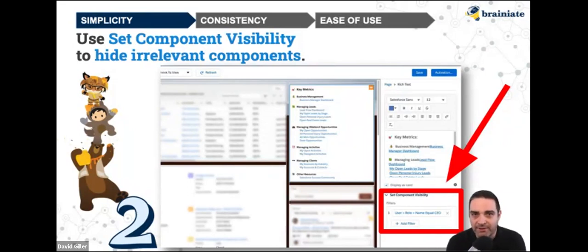Alternatively, what you can do is make them think that they're getting their own custom page, but they're not. If a CEO says, when I go to the homepage, I don't want to see all of these list views that are appearing here. I don't want to see these rich text components. I just want to see the following report charts on my homepage. Well, we could use this feature right here, the set component visibility, to hide all of those components that the